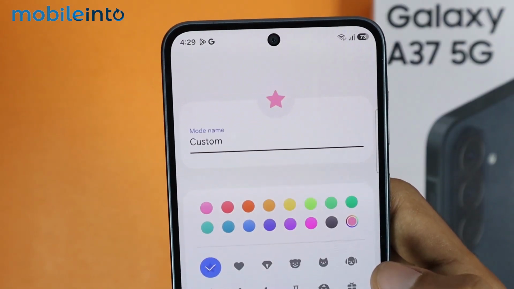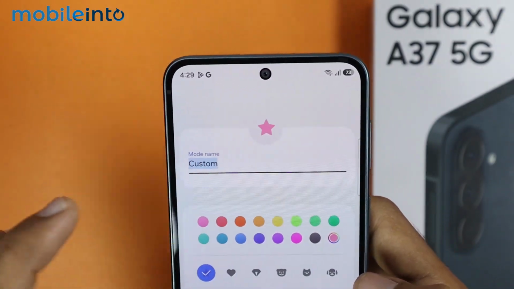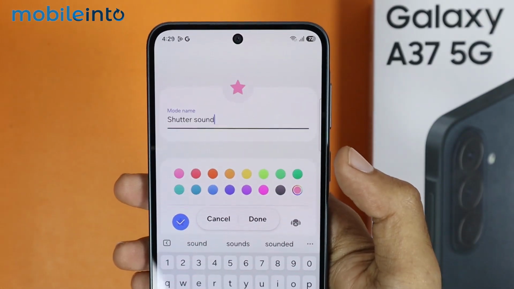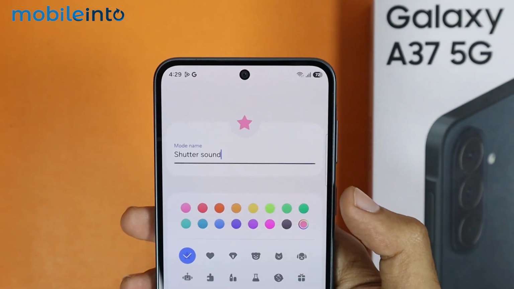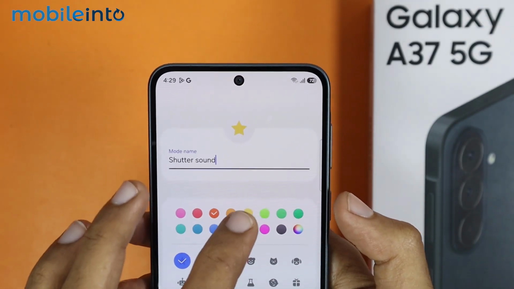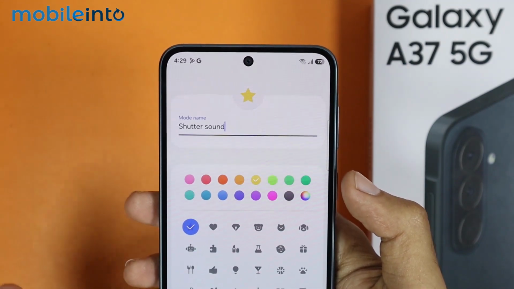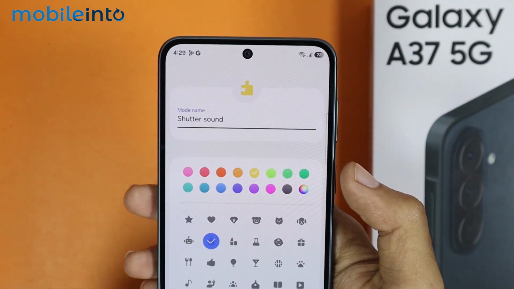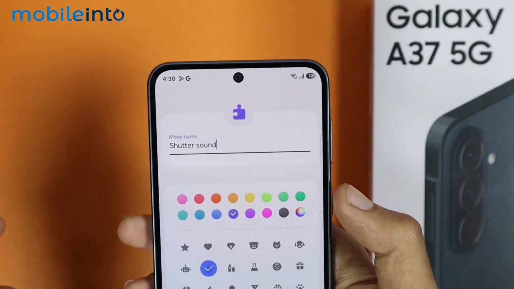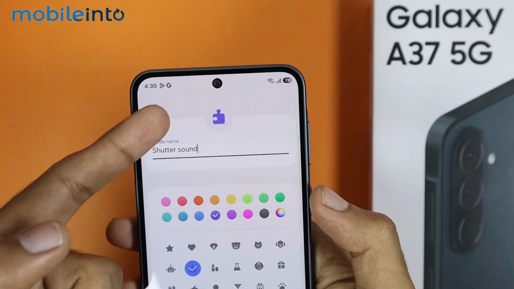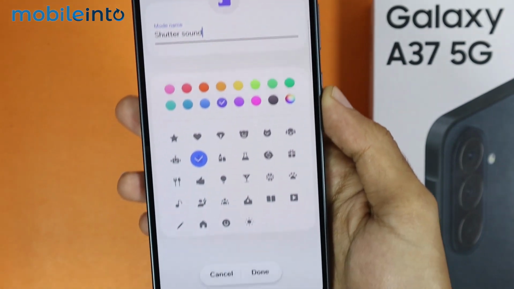Now on this page, just create a name for your mode. I'll name it Shutter Sound. Now after you give a name to your custom mode, from here you can select a color for your mode. And also you can change the icon of the mode. Now after you customize the name, color, and the icon of the mode which we have created, then just tap